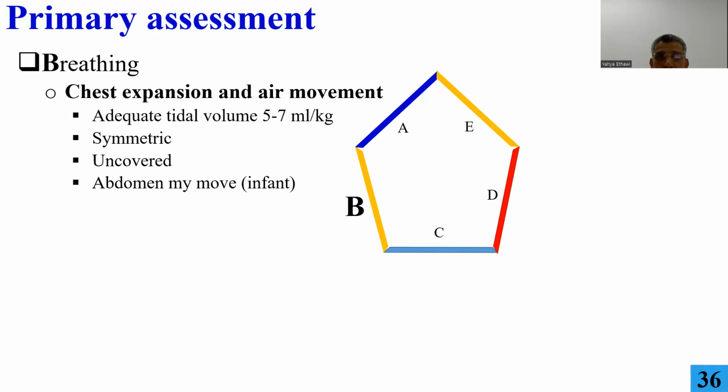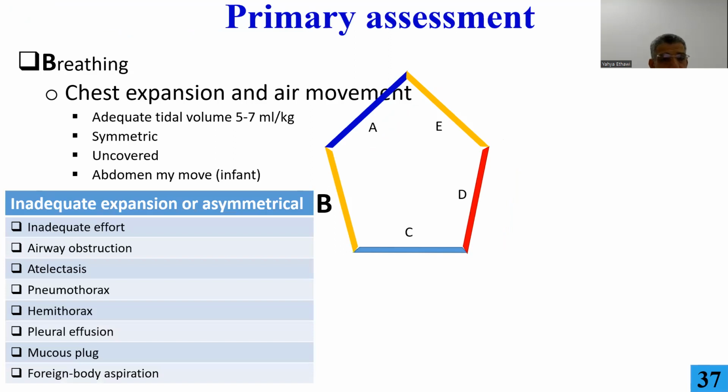When you assess chest expansion and air movement, you should uncover the baby, and include the abdomen when you have a baby less than 1 year. So this is your evaluation. When you identify inadequate expansion or asymmetrical expansion,